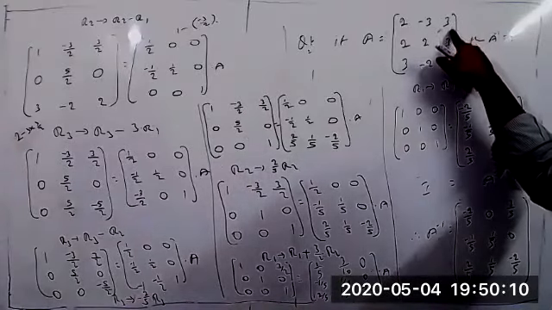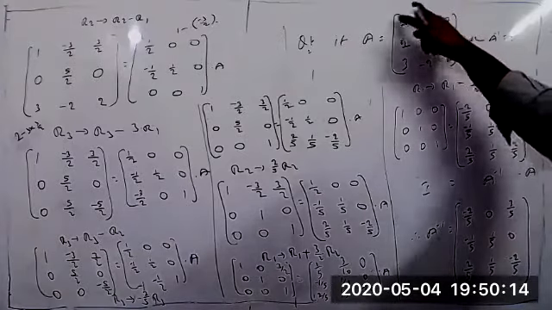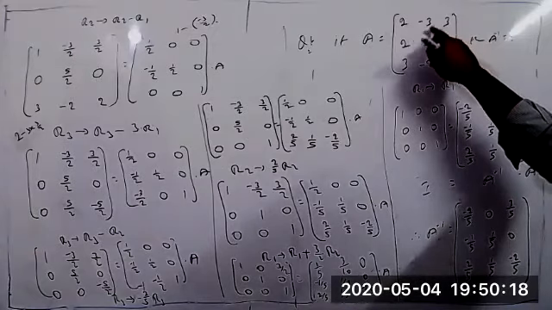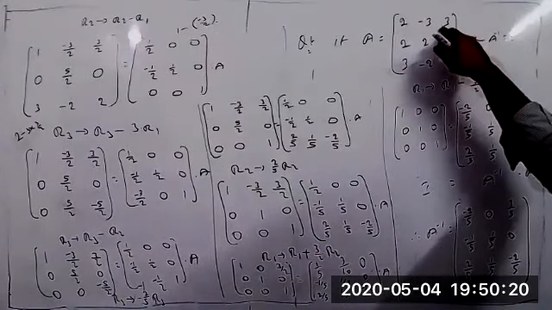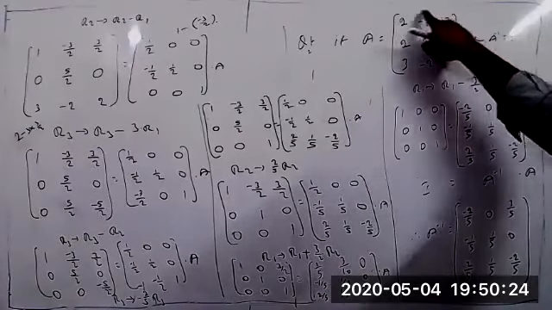But whenever applying the row operation, we always come from top to bottom like this. They have to come like this. This is the order. And these two elements you can change at the last stages. But when you're applying the column operation, it comes like this.